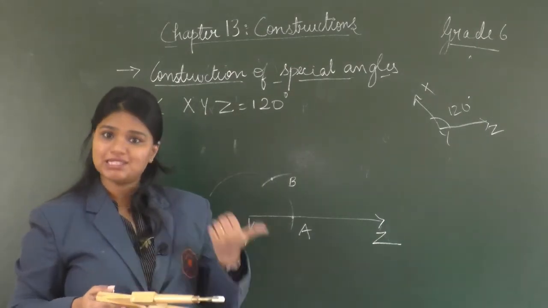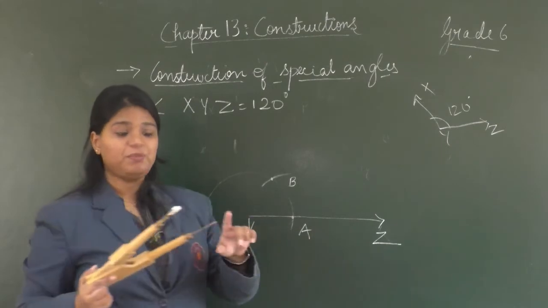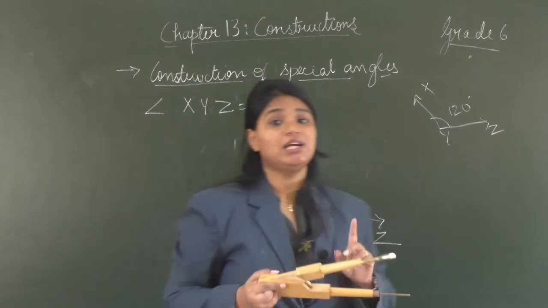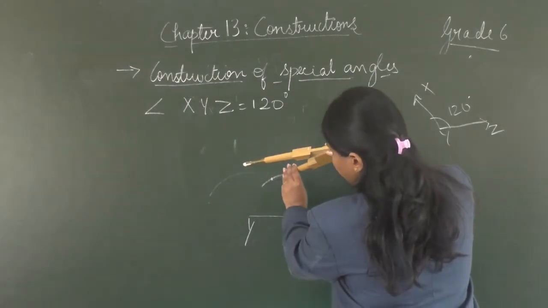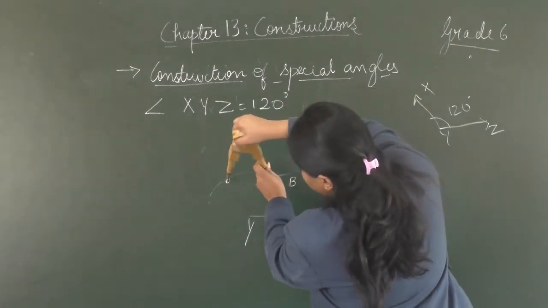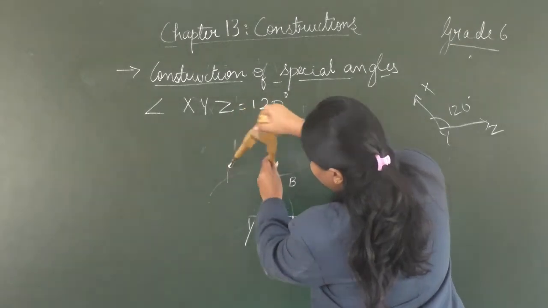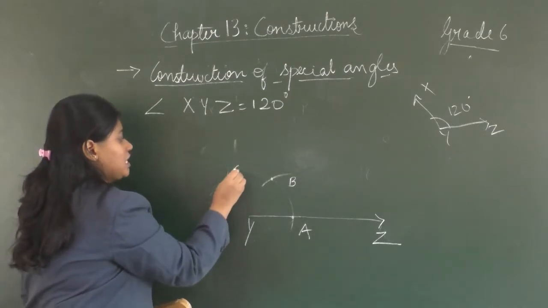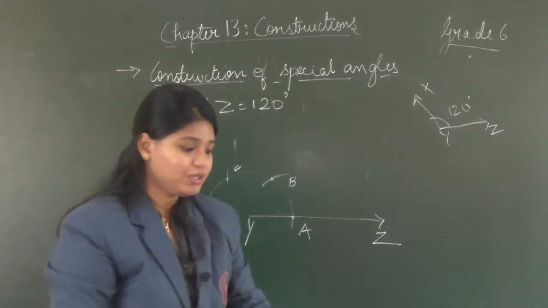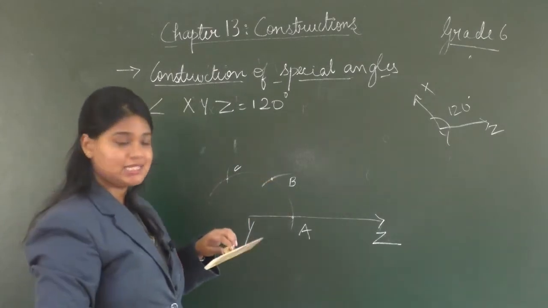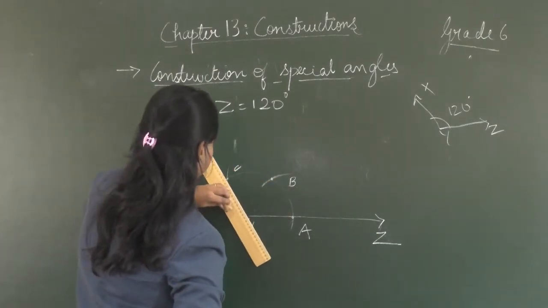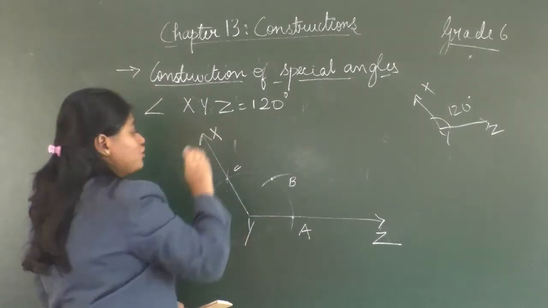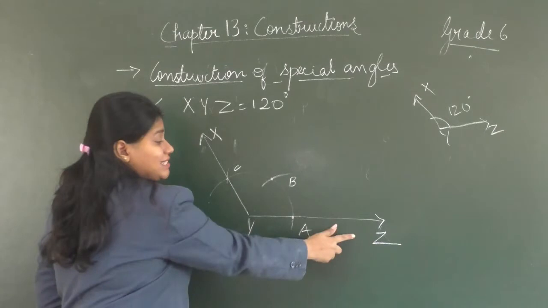Now I said 120 is the double of 60 degrees. So I need to repeat the same step again. Now I will place the needle on point B. With the same measurement, I will cut another arc, right? So I have placed the needle on B and I will cut another arc. So let's name this as point C, okay? Now let's join Y and C and extend it and name it as X. So we got angle XYZ equals to